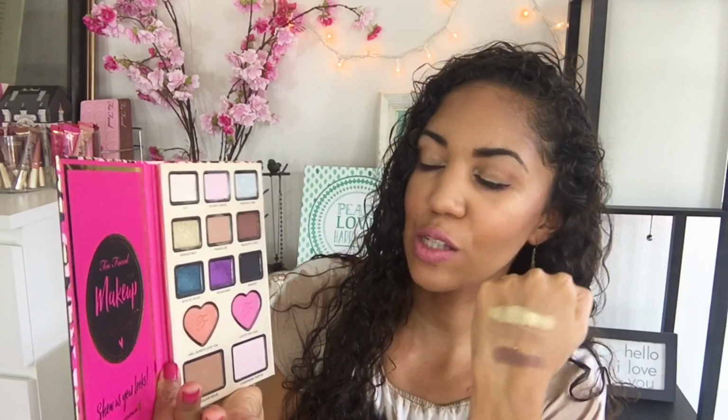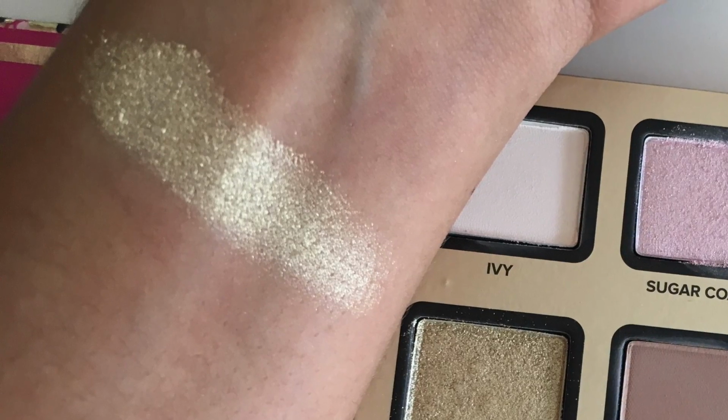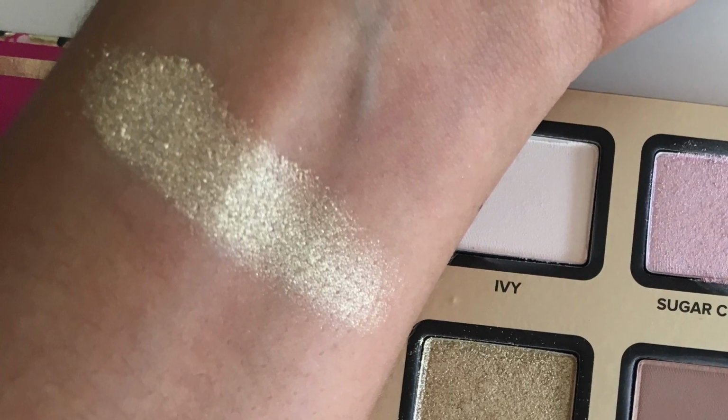Here we have the middle row swatch. So the first color is this beautiful gold shade called Irresistible. Now I have to be honest, it swatches a lot better than it applied to my lid. I applied it on my lid today, and I don't know if it was the brush I was using, but it just didn't pick up the color like I wanted it to. I felt like it was almost more like a glitter overlay